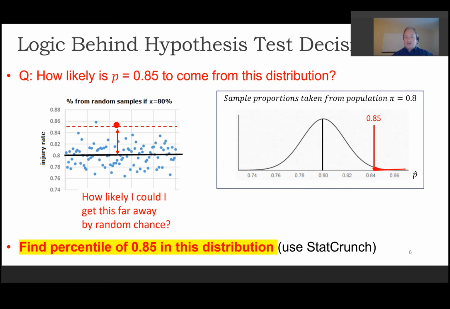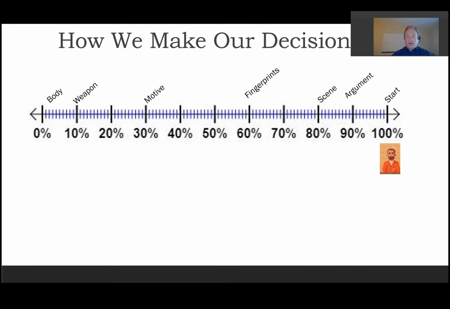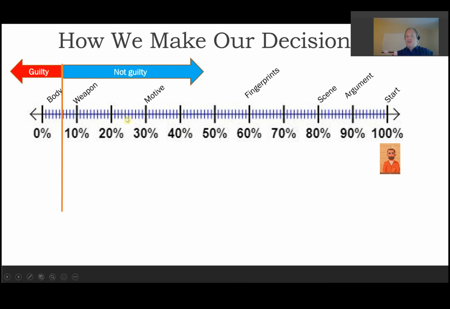So how do we make our decision? Okay, so to go back to the criminal trial case, the idea is that there's some line in the sand. There's some point where the jury says, now you've gone beyond a reasonable doubt. Above that, you're not guilty. So this is some evidence, but not enough. And then at some point, we get to a tipping point where now the jury changes their mind. The default belief when you came into court was that you're not guilty, but now there's so much evidence, the probability that you could be innocent given all of this evidence is so small, the jury flips and changes their belief about you. Or about me in this case.